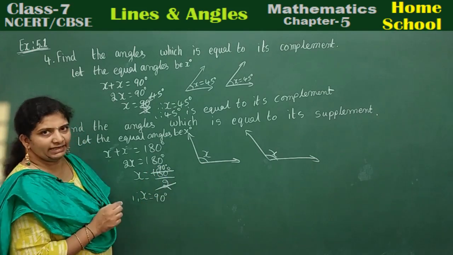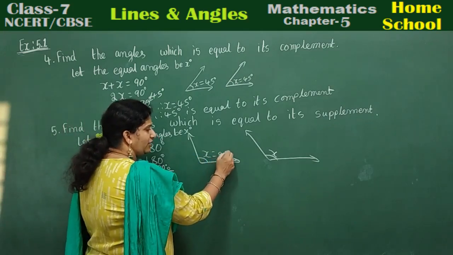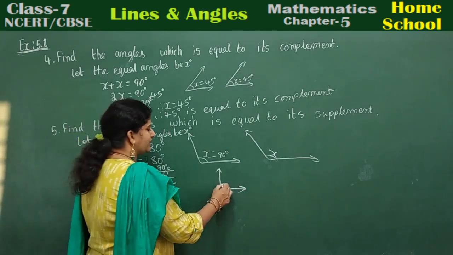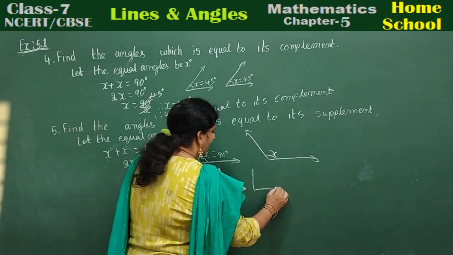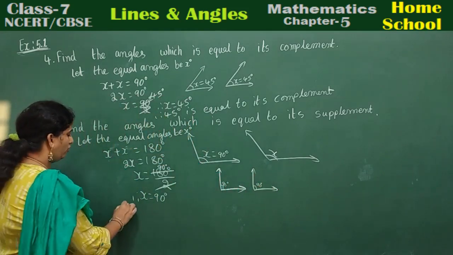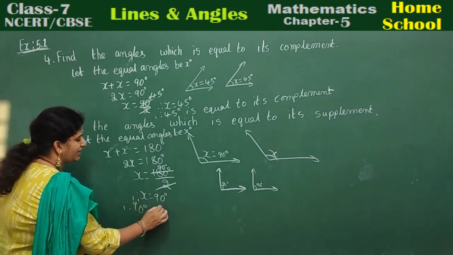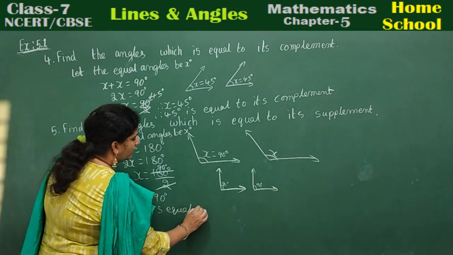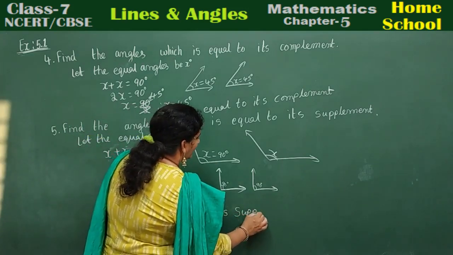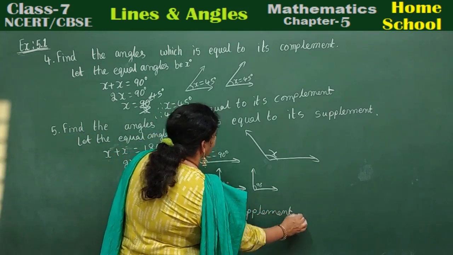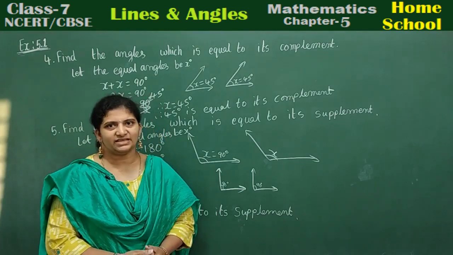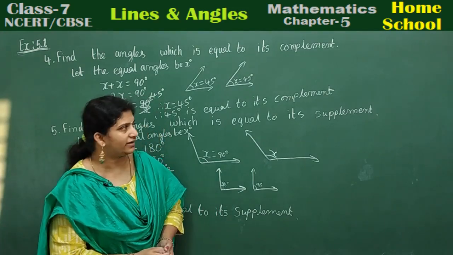90 degrees. What is this 90 degrees? This angle is 90, which means the angle won't be like this; it is perpendicular, children. Okay. This is 90 and another angle is also 90 degrees. Okay, understood? Therefore, 90 degrees is equal to its supplement. Right? Try to understand the concepts carefully, children. This chapter is very easy. Try to concentrate carefully and practice all this.